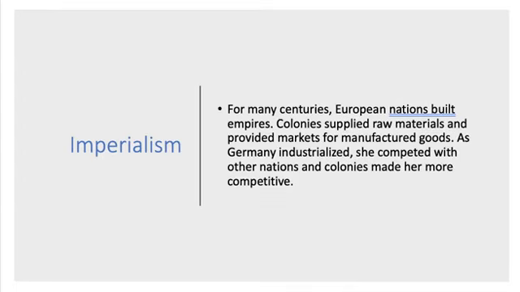Probably the best example of this comes with India. So for India, they had a thriving textile industry. It was the best in the world. People traveled far and wide to obtain textiles from India. However, as the British eventually take hold of India and it becomes part of their empire, what happens is that they are going to flood the Indian markets with very, very cheaply manufactured British textiles, which in turn will help to destroy a lot of the Indian textile markets for many, many years.